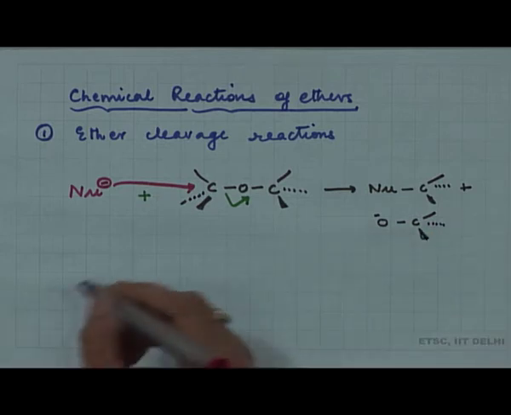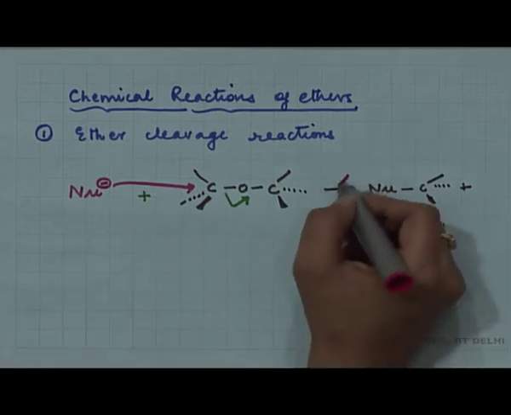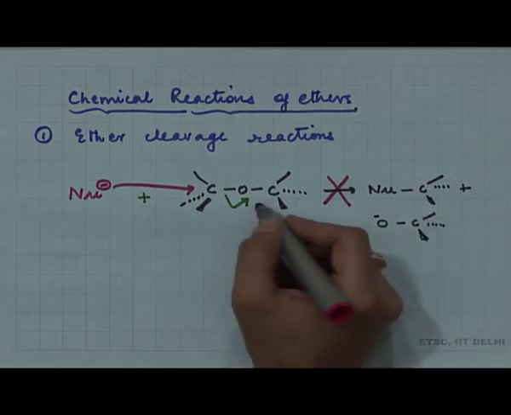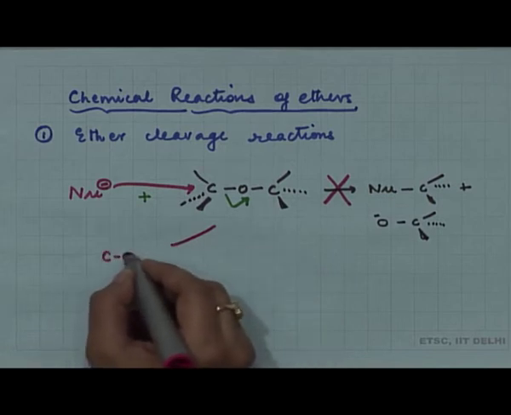By and large we see that if a strong nucleophile directly comes and attacks ethers, it is not able to carry out the cleavage of the C-O bond. Okay. The reason is that your C-O bond is quite strong,